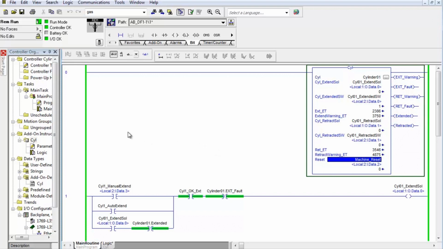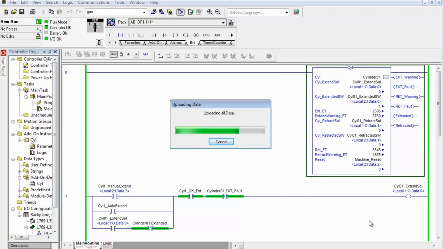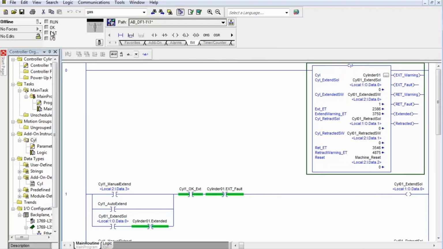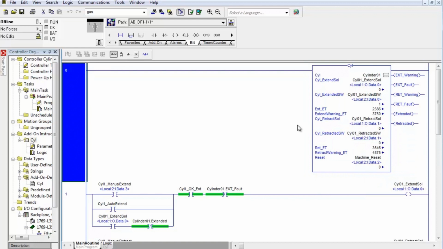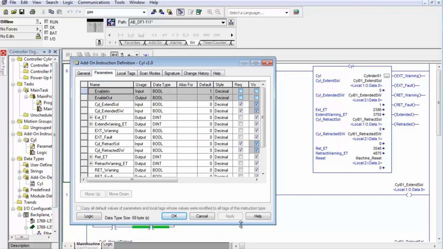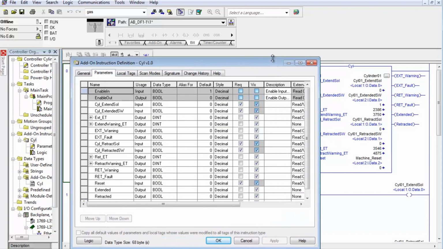So just for grins, I'm going to save this, including the database. I'm going to pause and then come back. We saved it. Now we're going to go offline. And now we'll go to the actual class of objects, right click on cylinder, open definition, and we'll go to parameters, and we will turn off the visibility